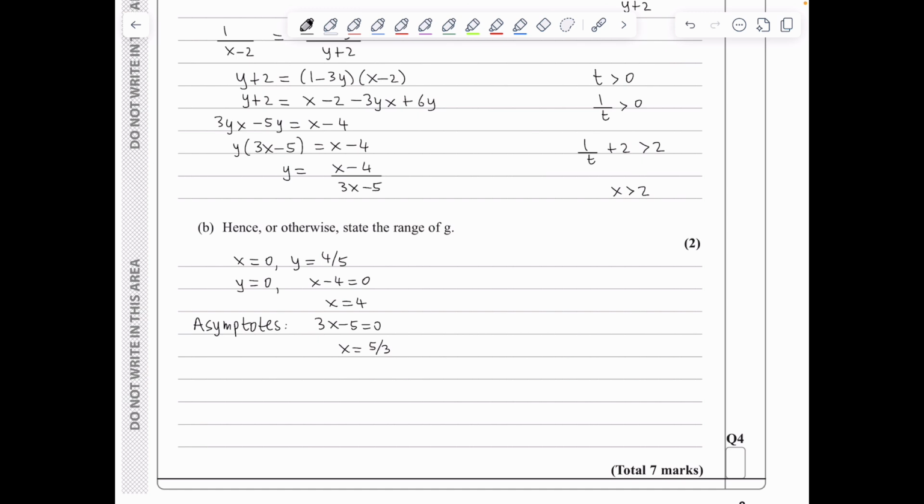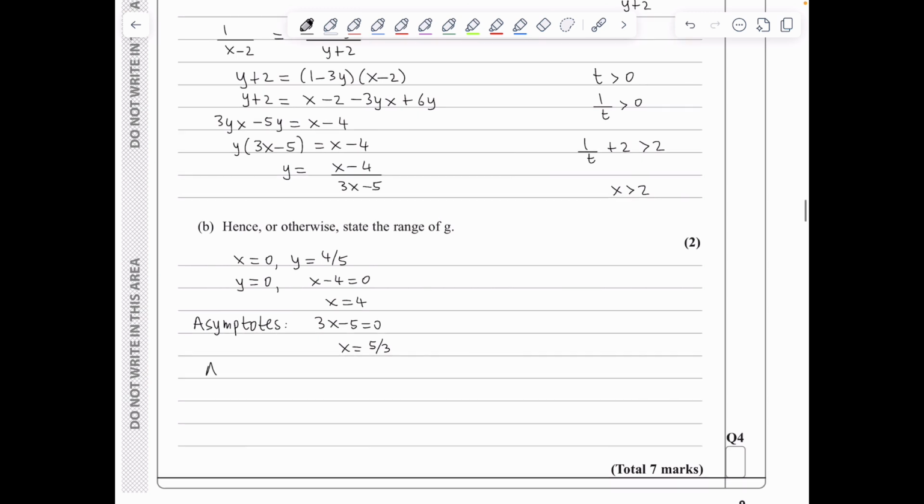And for the horizontal asymptote, I consider the behavior of y as x tends to infinity. So as x tends to infinity, the minus 4 and the negative 5 are insignificant. So this simplifies to 1 over 3. So we can see that y tends to 1 over 3, and therefore the equation of the horizontal asymptote is